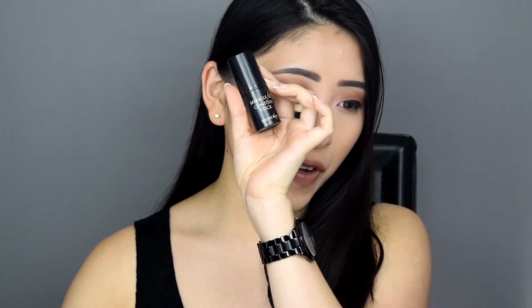This is the Miracle Fit Contour Stick, and I have no idea what shade I have it in. It's from Secret Key, and it looks like this. When you look at it, you're like, is that a contouring stick? Because that's so light. But yeah, that's the point. I wanted a really light, cool toned contour stick so I could contour my nose lightly. I don't really like a deep contour or too noticeable nose contour, and also I can use it all over the face, like circle around, or even down here,